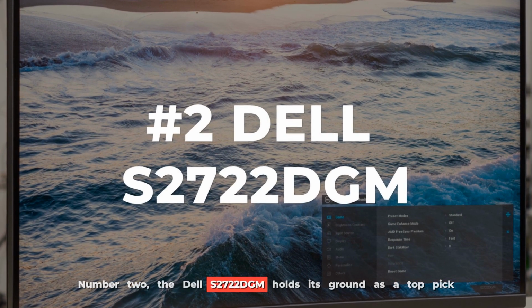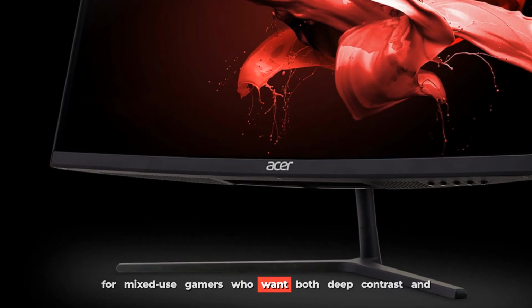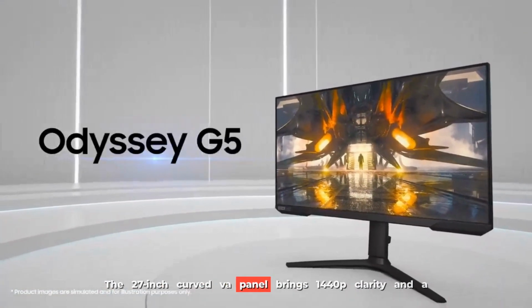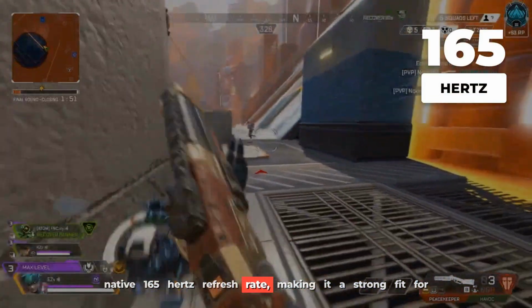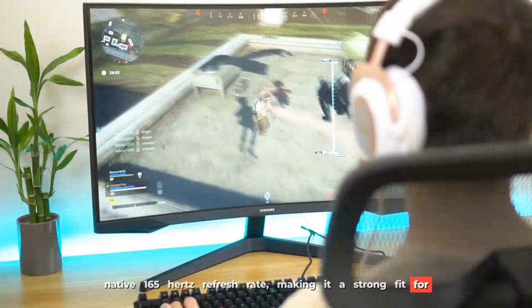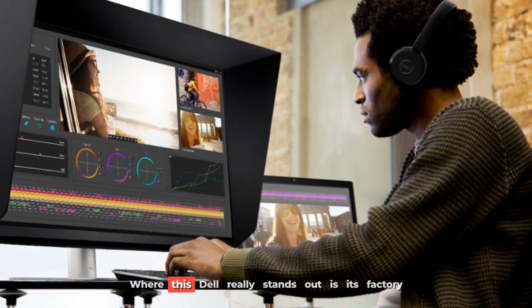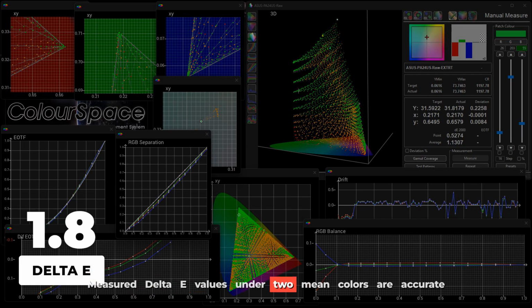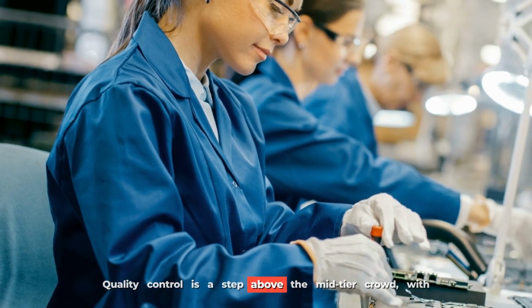Number 2. The Dell S2722 DGM holds its ground as a top pick for mixed-use gamers who want both deep contrast and reliable build quality. The 27-inch curved VA panel brings 1440p clarity and a native 165 Hz refresh rate, making it a strong fit for both immersive single-player titles and fast-paced online matches. Where this Dell really stands out is its factory calibration. Measured delta E values under two mean colors are accurate right out of the box, a rare find in this price range. Quality control is a step above the mid-tier crowd,